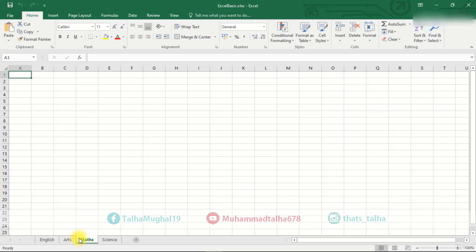Now if you want to rearrange these sheets, say you want maths to be the first sheet and English to be the second one. How to move this math sheet to the first position? Again, this is also simple. Just drag and drop this sheet to the location that you want it to be. So let's click on math sheet, hold the click, move it to the position we want and leave the click. That's it. This is how we manage worksheets in a workbook.